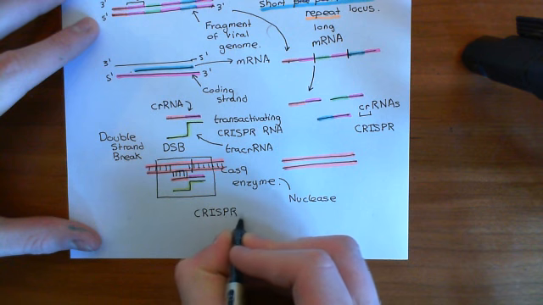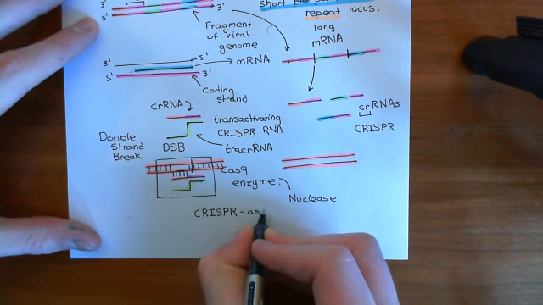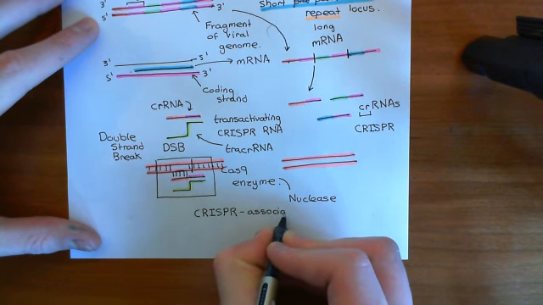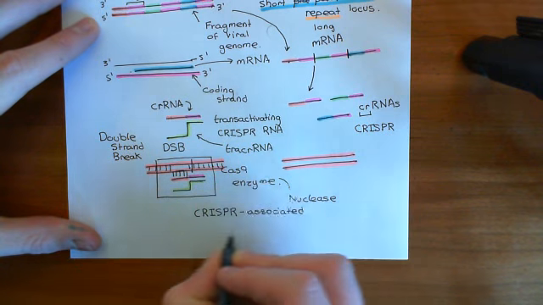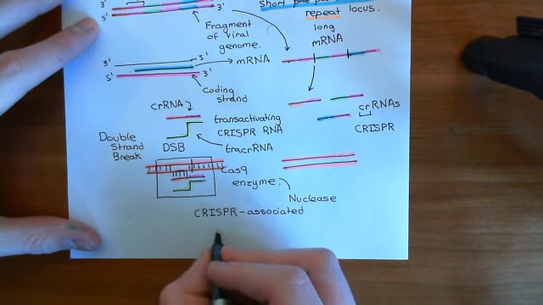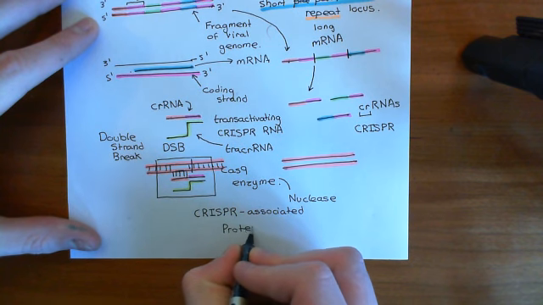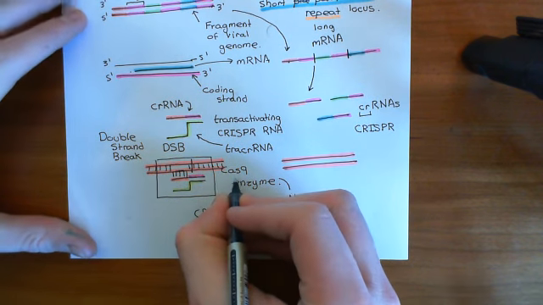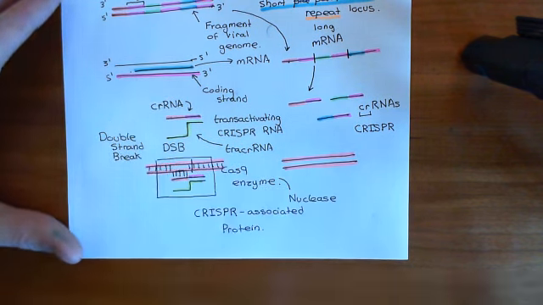In other bacterial species we have found a huge number of similar proteins, also known as Cas enzymes, for CRISPR-associated protein. But Cas9 is the specific one from Streptococcus pyogenes, and it's incredibly useful, and we use it in genetic